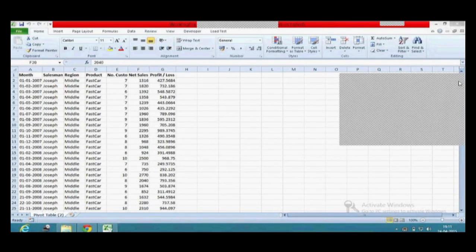Let me give you certain tips which will help you to make your pivot table very effective. First, when you have your data like this, is my screen visible? You can see that I have around 1030 to 1080 rows, but there are no blank rows, and there are no merged cells in my data. So that is your first step. When you want to create a pivot table, you have to check that you do not have any blank rows or merged cells.